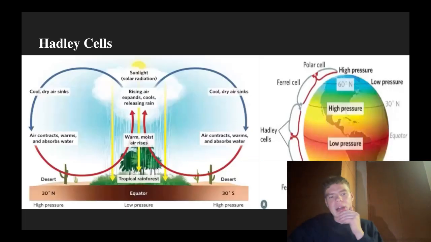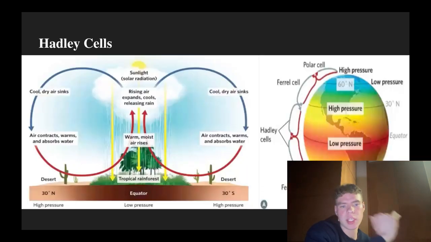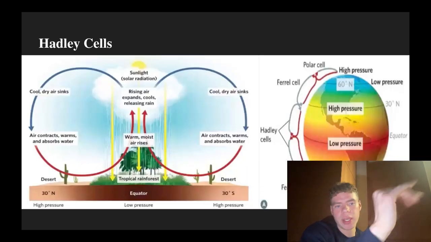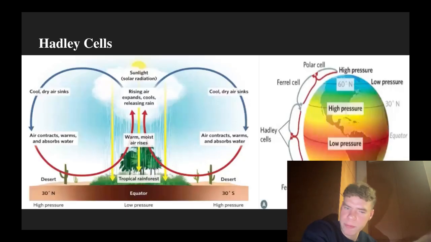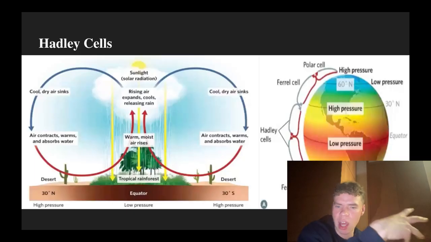Hadley cells. Hadley cells are interesting. It basically just describes how the biomes of the world work, and it's not by chance. If you look at areas around the equator, we have a lot of precipitation, a lot of rainforest, a lot of trees, a lot of rich diversity, say like the